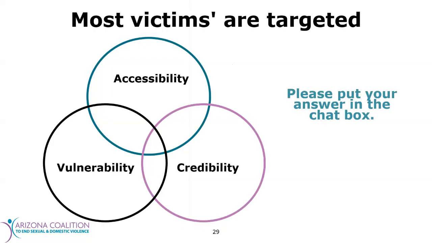So most victims are targeted by those who want to cause harm or those who cause harm because they are perceived to be in one or more of these groups. So they are a person who is perceived to be highly accessible, highly vulnerable, and have high levels of credibility. So some people who might live or be perceived to live in the intersections of some of these categories are people with disabilities, those who are houseless neighbors or those who are homeless,